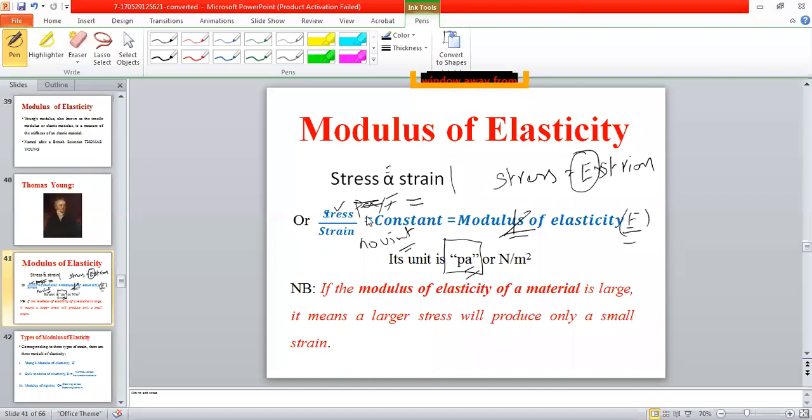So here we will get the same units of stress as well as Young's modulus, that is Pascal. We will get the same units of, again, a Pascal, because the strain has no units. Because the strain has no units, therefore the Young's modulus unit is also a Pascal.